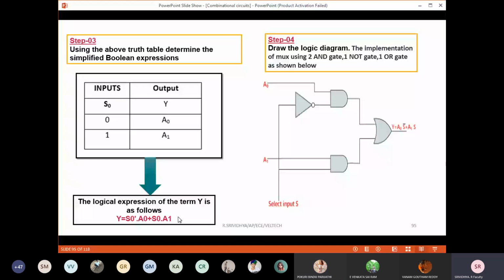One more thing is why we are not going for K-map. Many students make a mistake and ask me, ma'am, you told me that for combinational circuit design we have to follow the normal procedure, and the third step is usually the K-map. That is what I'm saying again. Multiplexer, demultiplexer, encoder and decoder do not come under arithmetic or logical functions.